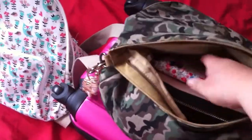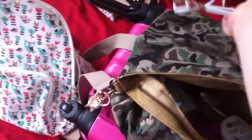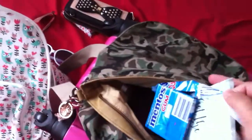There's nothing in this pocket here. This is going to be used on the market. In here, I just have some tissues, my purse, of which I will not be opening because it has all of my money in there. I have some white sunglasses. And then I am also taking my pink sunglasses as well. I have more tissues,